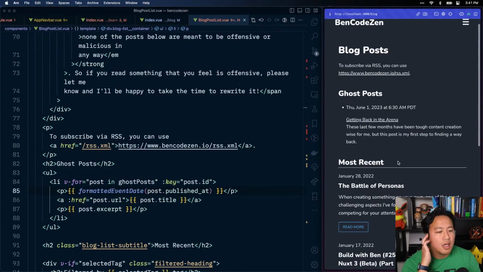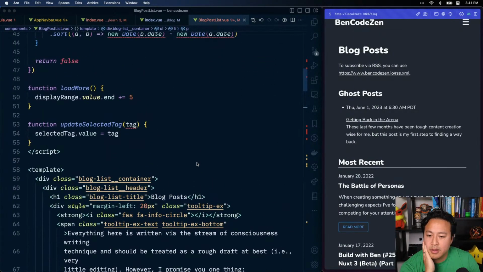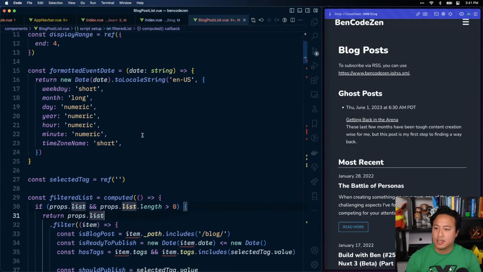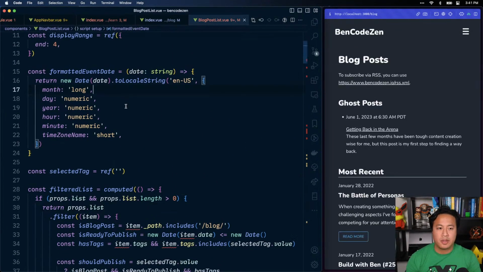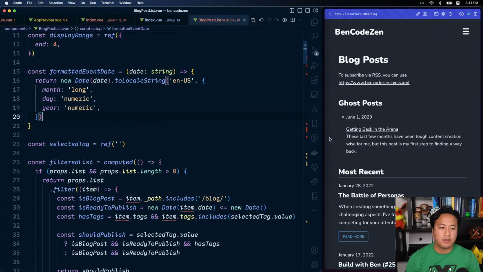Much prettier. Okay, good enough. Although I guess, is the time necessary? For now, I'm not doing time on anything else. So we're actually going to eliminate the weekday. Let's keep it consistent with the rest of the posts. Hour, minute, time set, time zone, done. Boom, boom, boom. Okay. Styling and stuff can be improved. We can integrate that, but that is